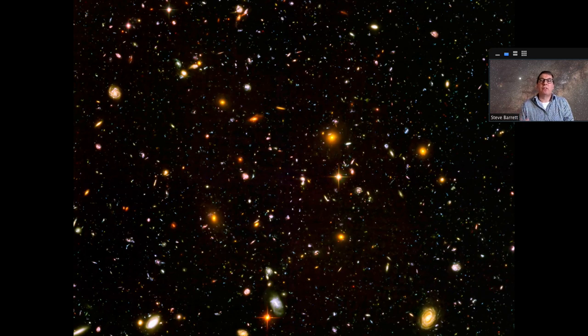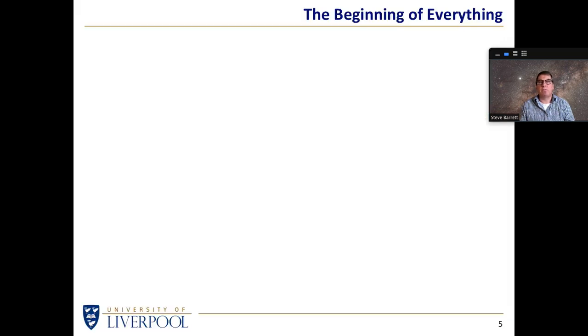So if we look at, for instance, the Hubble deep field, we get a snapshot of galaxies. And remember, because light takes a finite length of time to reach us, if we're looking at objects that are a great distance away, then we're looking back in time as well. And the question we can ask ourselves is, the universe appears to be chock full of stuff. Stuff meaning generally loads of galaxies, each of which is probably made up of billions, if not trillions, of stars and maybe a whole load of planets as well. But can we understand how it all came to be?